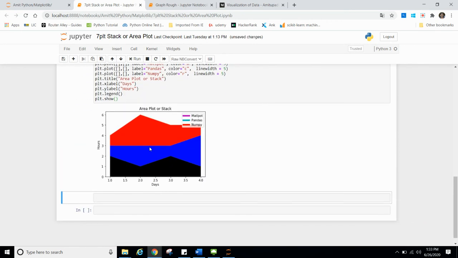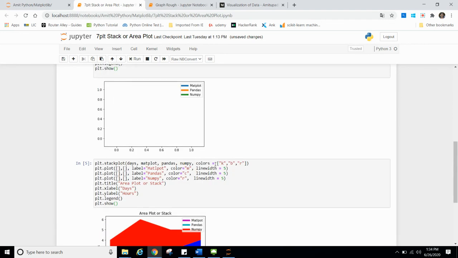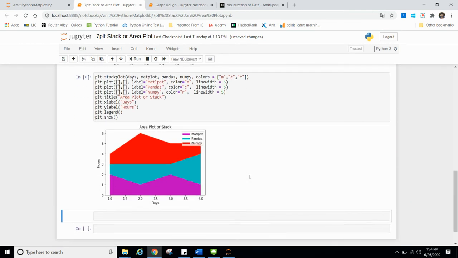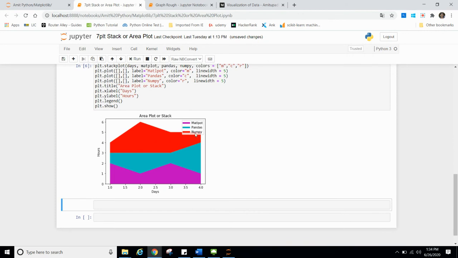Let's print it. So you can see the color. So you can understand the data, like for the duration of days, how much time I spent on numpy. You can see I spent lots of time on numpy, but this is a blue one, right? Actually I have changed the color code here, that's why it looks a little different. Let's change the color back to the same and see now. Now you can see the red color represents numpy, so I spent lots of time on numpy, and then on matplot I spent lots of time and in pandas. At least I am giving time currently.